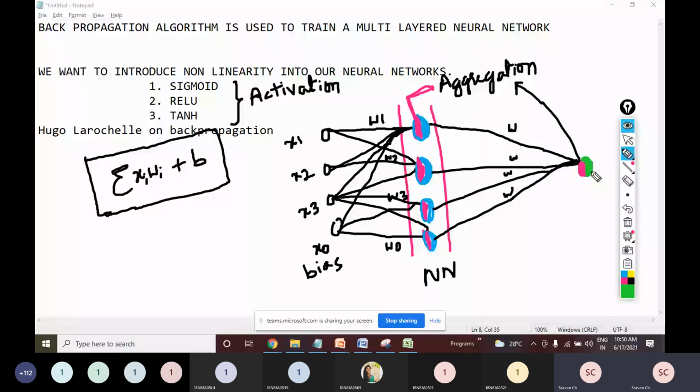So what do you understand by this? The activation function used in the hidden layer is different. The activation function used in the final output layer will be different. This is an important observation. It will be selected based on the type of problem you are solving. So based on the type of the problem, the final activation function will be selected. The output layer's activation function will be different.